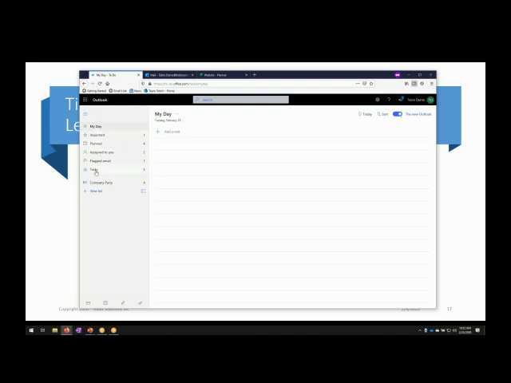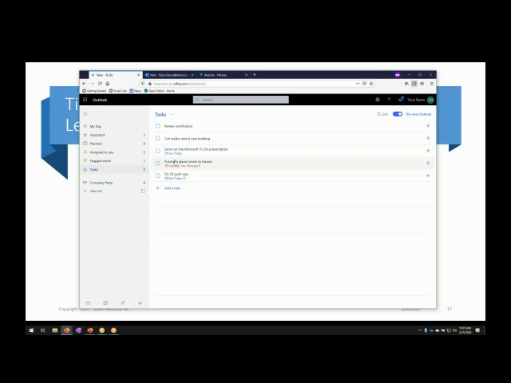So one is just the general task list. These tasks, and it's got the little house there, which I'm not sure exactly why it has a house there, are the ones that are directly inside of Outlook. So if I go into Outlook and create a task, it's going to show up on this list. It's the exact same task. If I add a task here